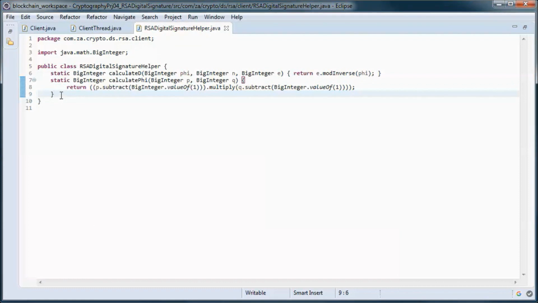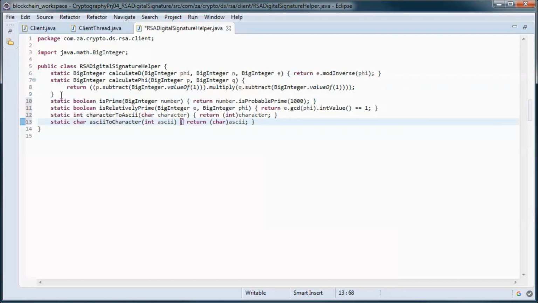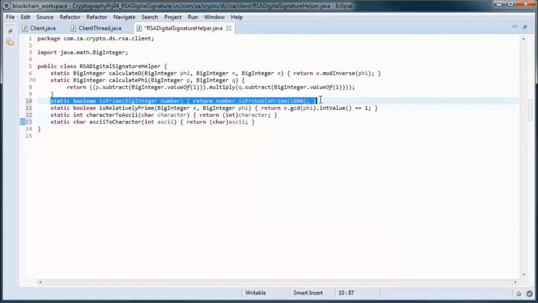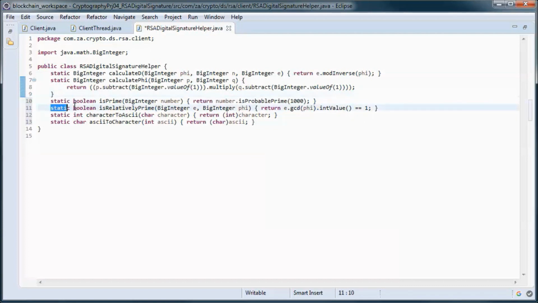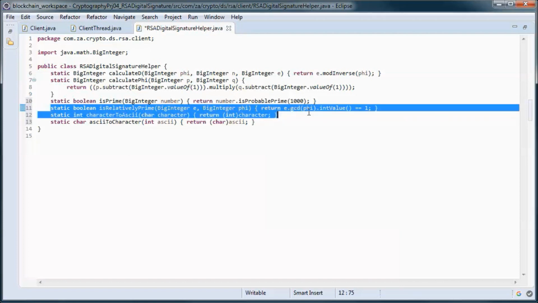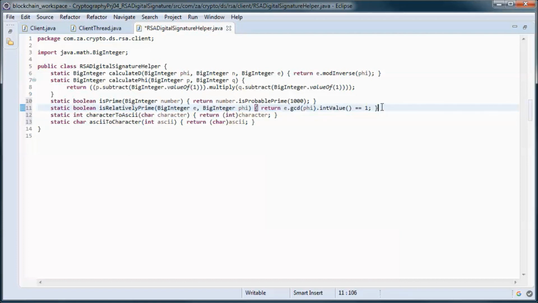And this method checks if a number is prime, and this one checks if two numbers are relatively prime, and this one turns character to ASCII, and this one ASCII to character.